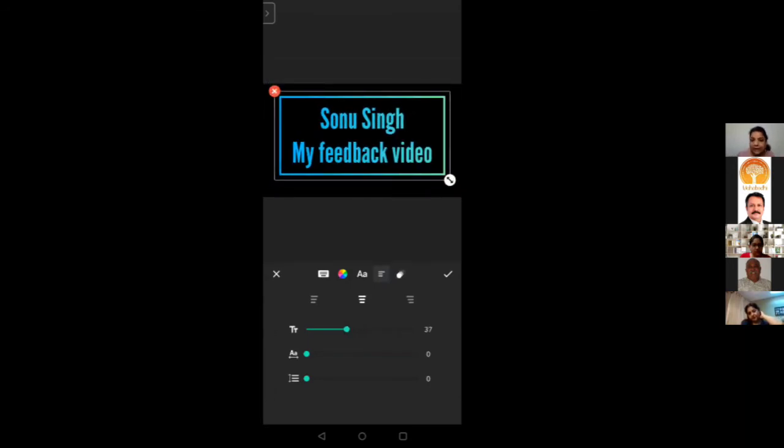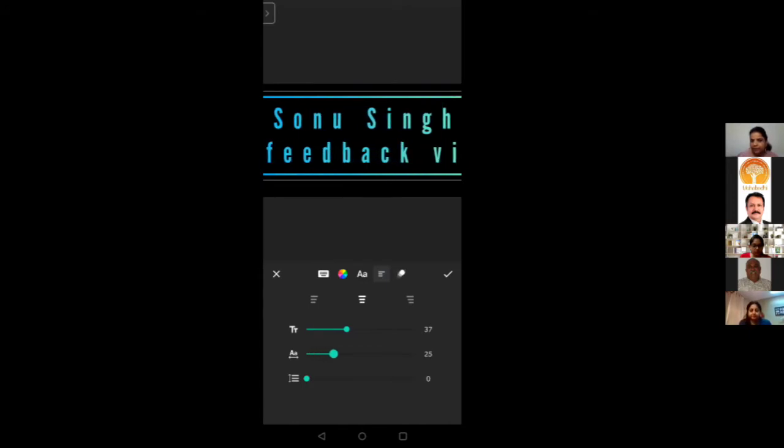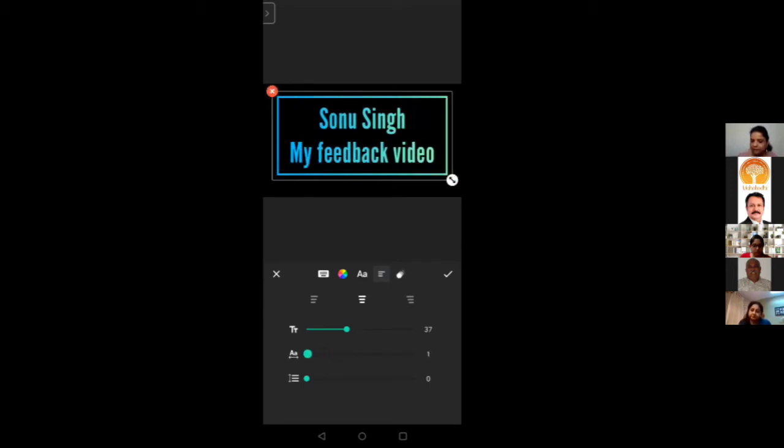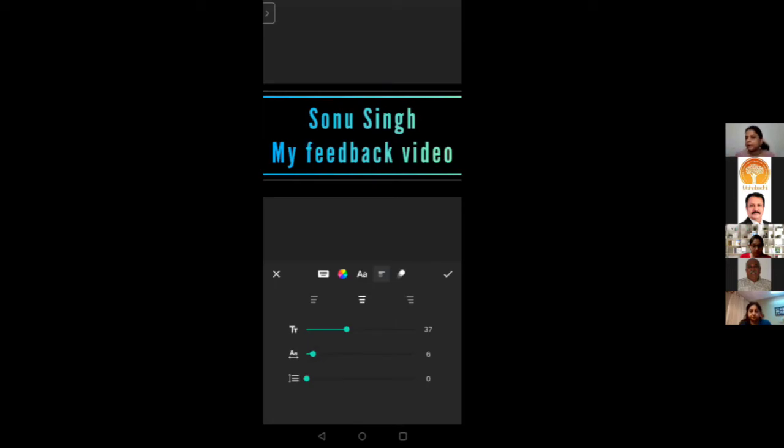Okay. The AA, ये जो AA लिखा है, what it does, it spaces out the letters within. So if you hold it and space it out, you will see it's getting spaced up. Can you see? So if you think that this font is giving me a very crunch kind of a feeling, but you want to use the font in a more freer way, you can just do a little bit of spacing. आप इसको थोड़ा सा ऐसा आगे पीछे करोगे, तो ये आपको font words के बीच में spacing दे देगा. Every letter would have a spacing.